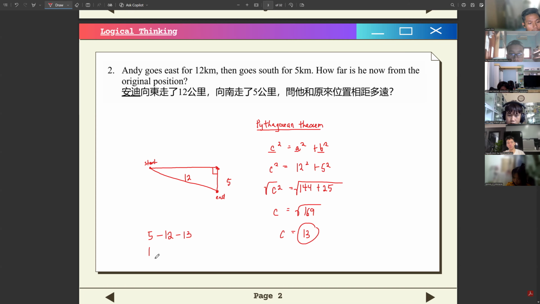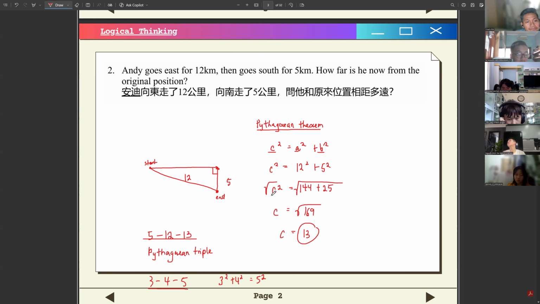So Pythagorean triples are just a trio of three integers that form the basis of the Pythagorean theorem. So this is a very common Pythagorean triple, in case you don't know. Another one would be 3, 4, 5, right? 3, 4, 5. So that's another pretty common one because 3 squared plus 4 squared is equal to 5 squared.